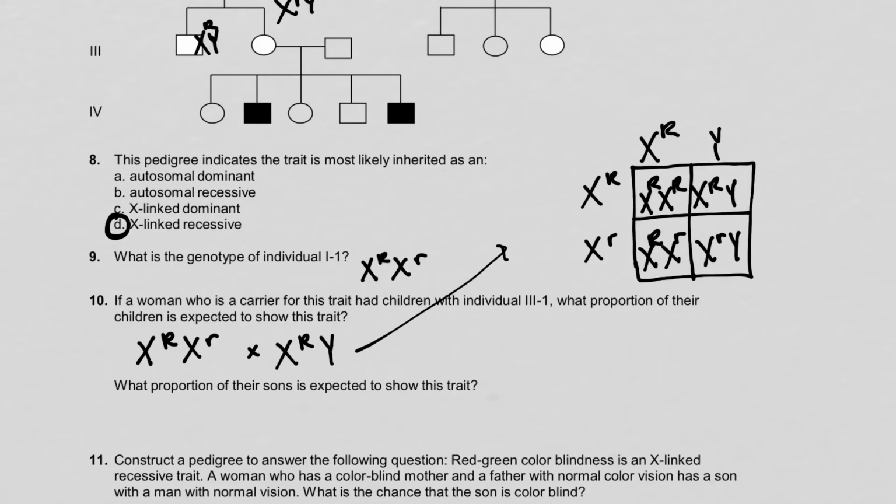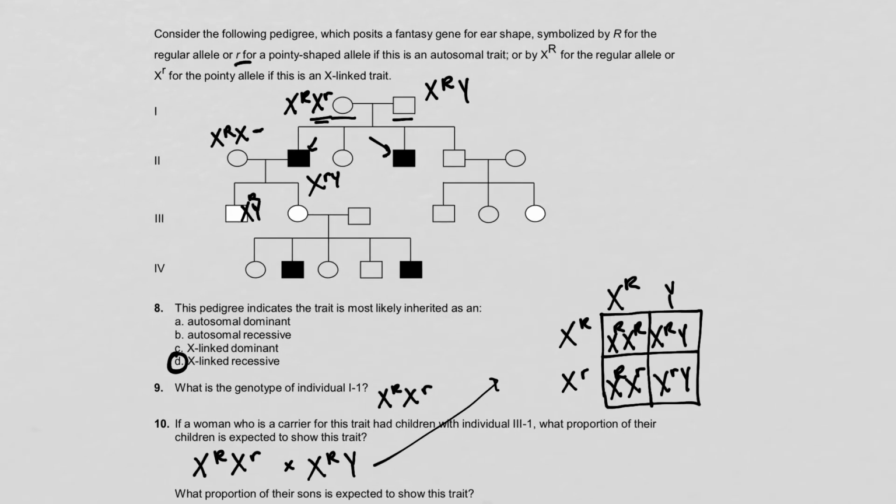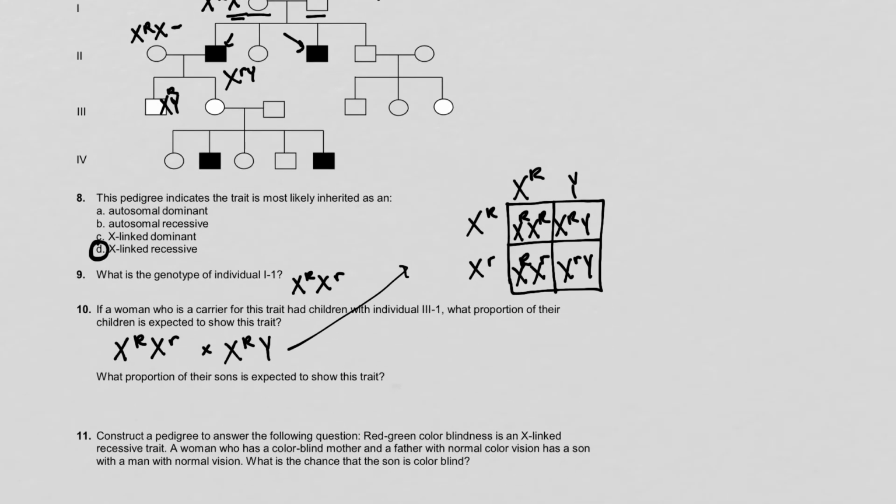All right, so to show this trait, which I think was the pointy ears trait? Yes, so R for pointy-shaped ears. The only one that's going to show this trait is this male. So 25% of the children